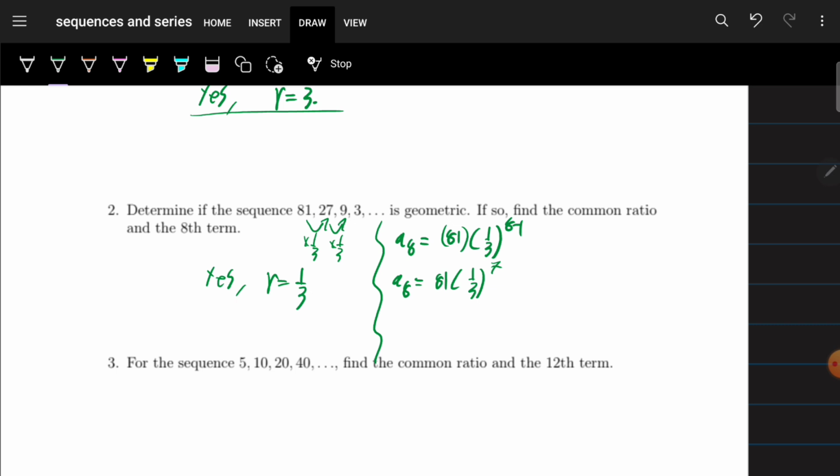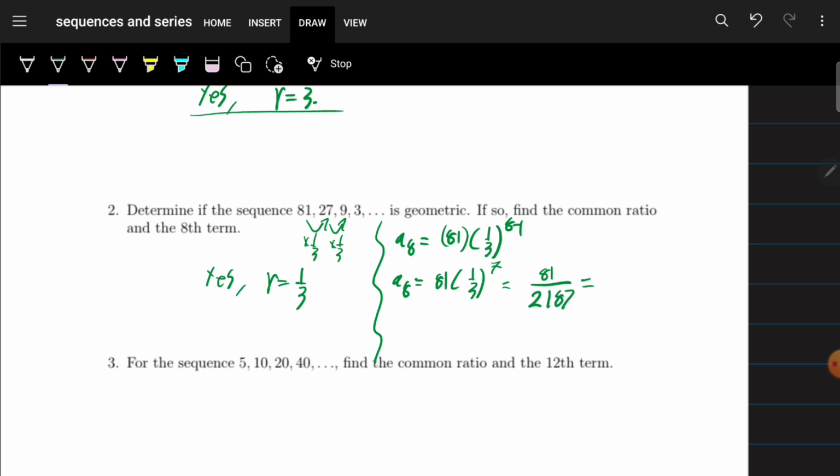And now we have to evaluate this. Some of these problems have numbers that are a little bit big, so it's a good idea to have a calculator handy, but I've designed these so they can all be done by hand. You just have to keep things in fraction form. Okay, so let's have a look at this. This is going to be 81, and then (1/3) to the power of 7 is the same as 1 to the power of 7 over 3 to the power of 7. 1 to the power of 7 is just 1, and 3 to the power of 7 is